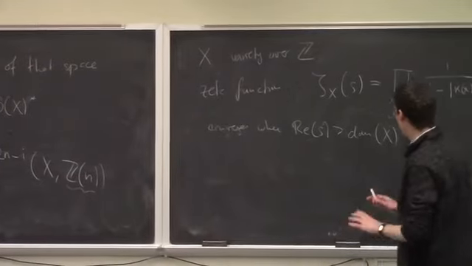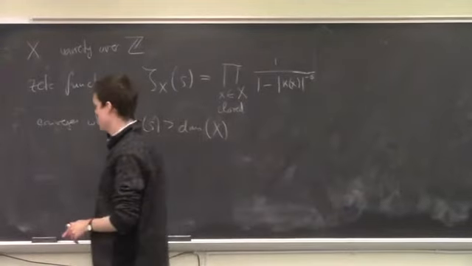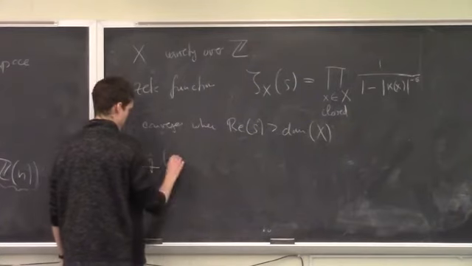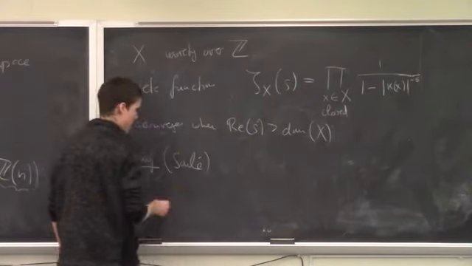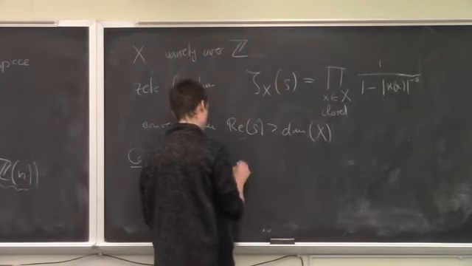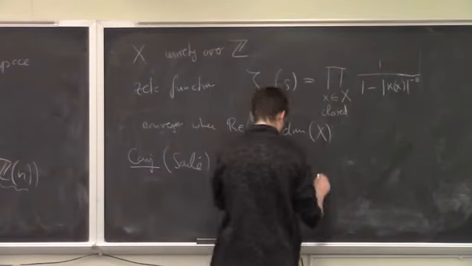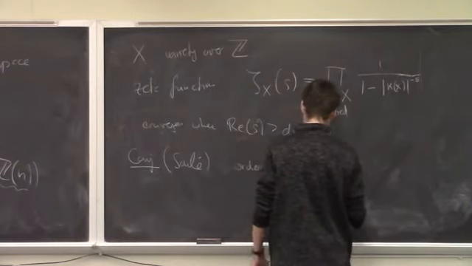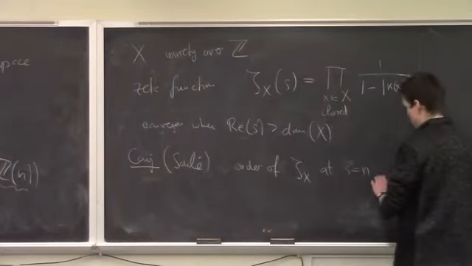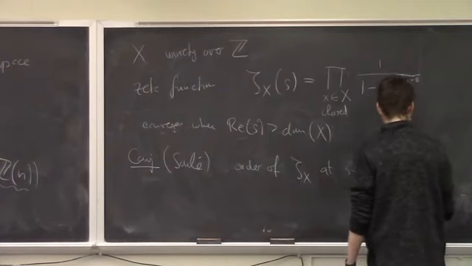Okay, so this is conjecturally closely related to Motivic cohomology. And so let me mention the conjecture of Soulé to give you an idea of this kind of relationship. And this says that the order of the pole or zero of the Zeta function at s equal to n, for an integer n, is computed as some sort of